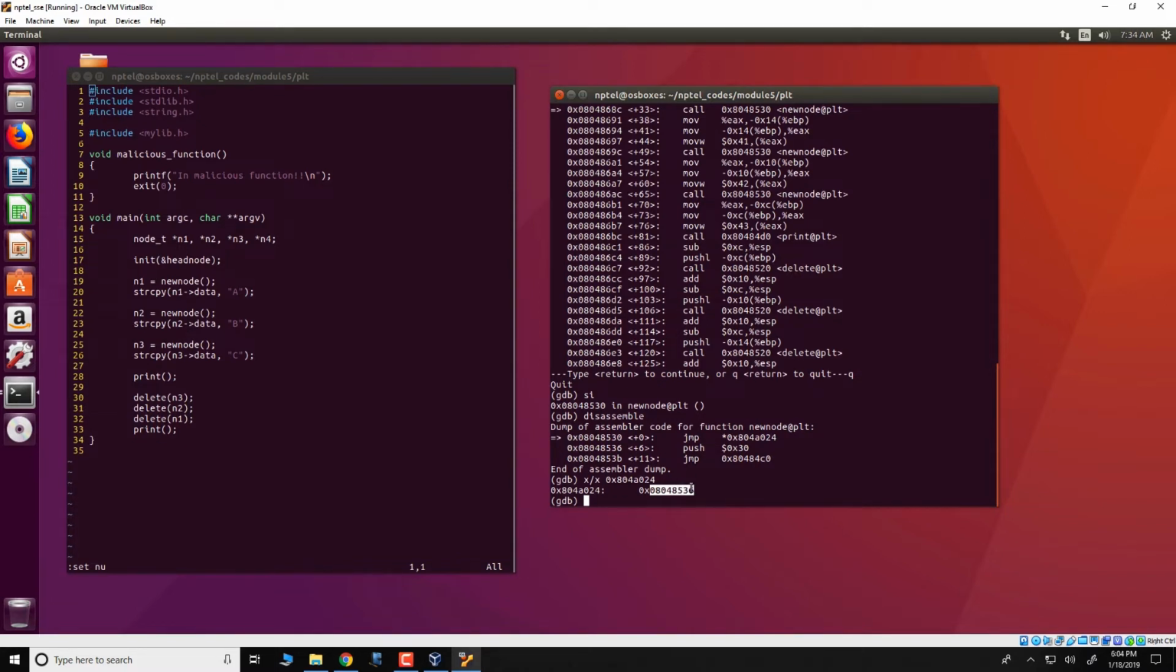Now, in the first invocation of new node, which is at line number 19, what we notice is that this address is in fact the next line in the PLT, or the next instruction in the PLT. So, essentially what happens is that during the execution, this jump essentially jumps to the next line in the PLT code. Then here there is a push instruction, a push 0x30, and a jump to this location